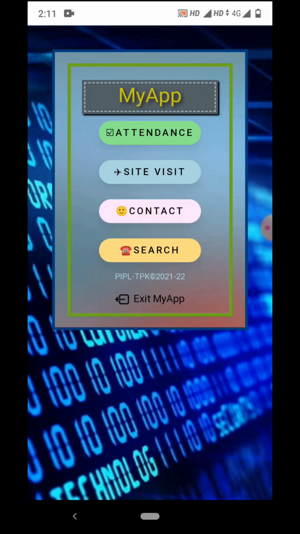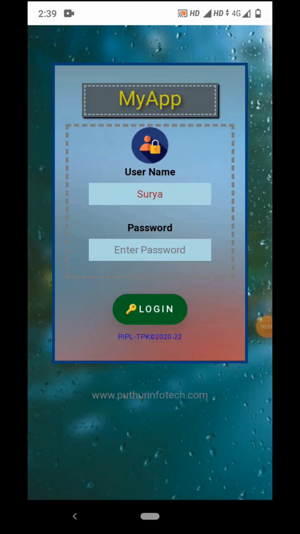Then we have the contact option. The contact option contains your contact details, your WhatsApp number, mobile number and email ID details. In that, you can also update your emergency contact details. Then we have the search option. In the search option, you can search for different employee contacts or a particular department. To contact the employees working in a particular department, you can click on search and enter that particular department name or that employee's name. Their contact details, along with their phone number, WhatsApp number and email ID, will be shown to you.